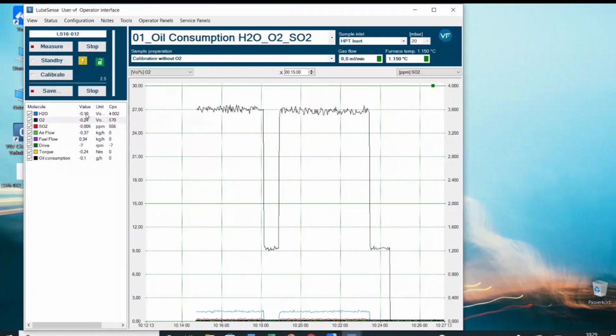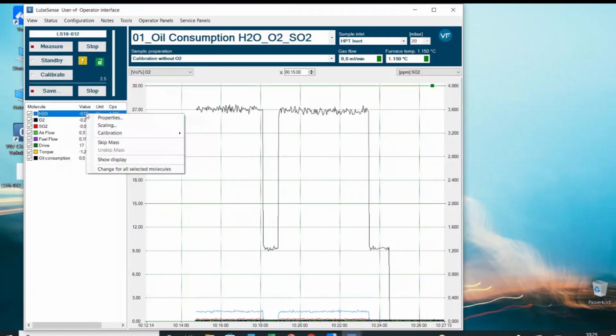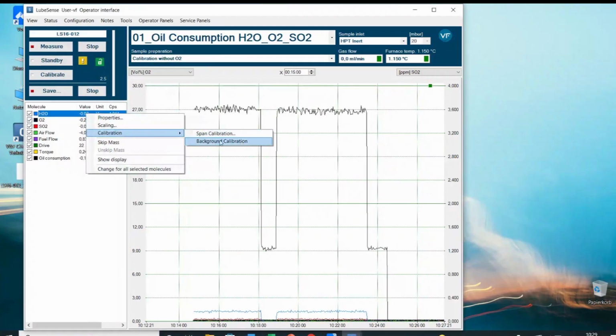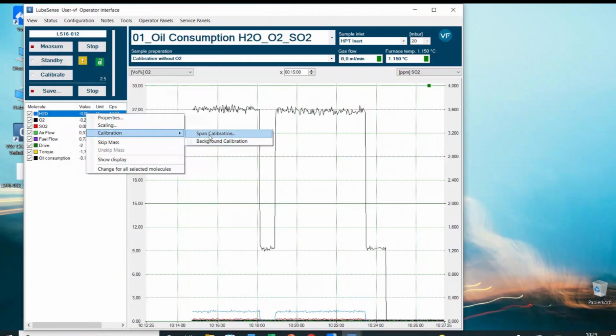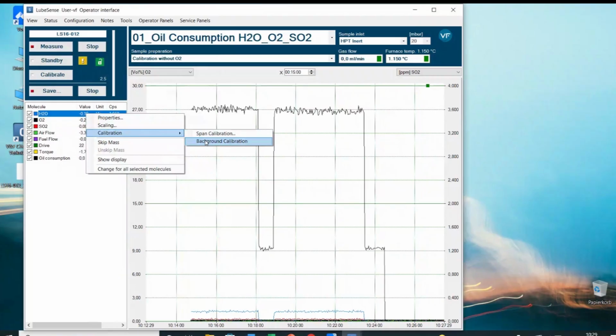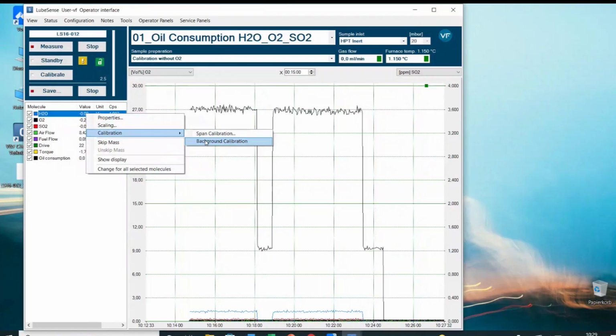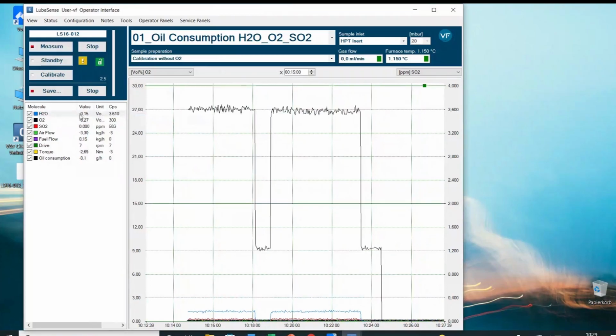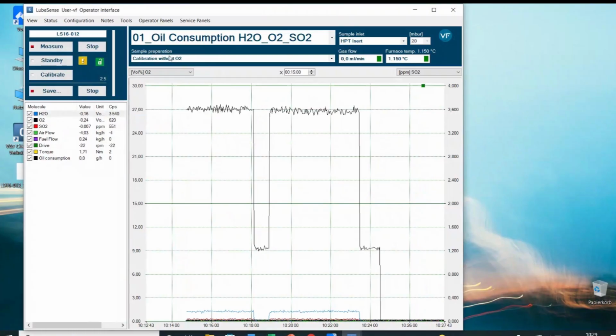So if you right click on these molecules, we will have a calibration option here. And for each molecule, we will have two options. We have a background calibration and we will have a span calibration. So the background calibration will use the current measurement data which is acquired in order to establish the background level. So before doing a background calibration, what has to be done is you have to supply the nitrogen. The gas oxidizer needs to be put into the correct state,